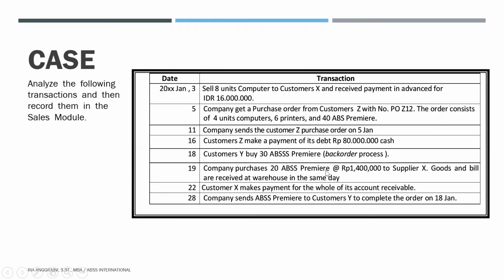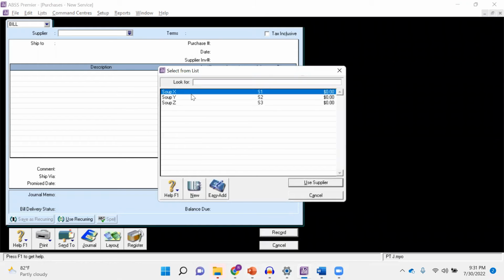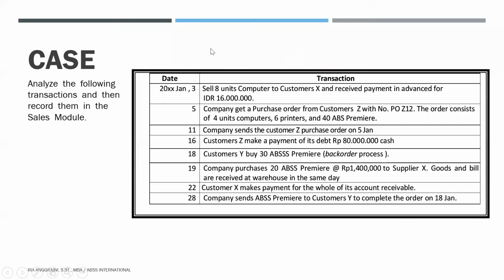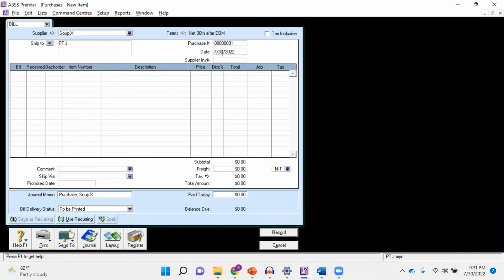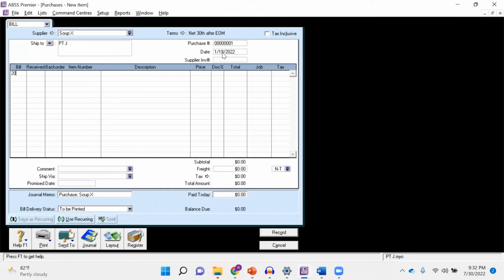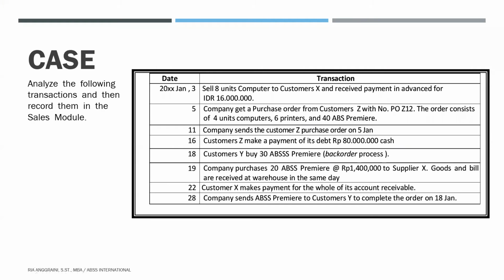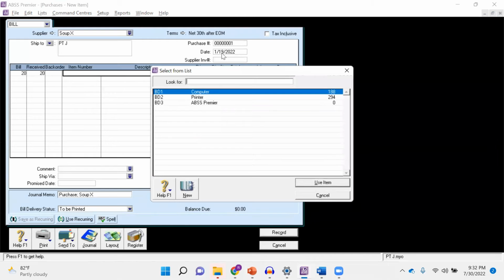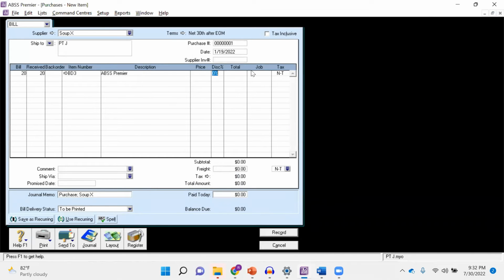We have to purchase the ABSS Premier from supplier X on 19 January for 20 items. The price is 1.4 million. Okay.